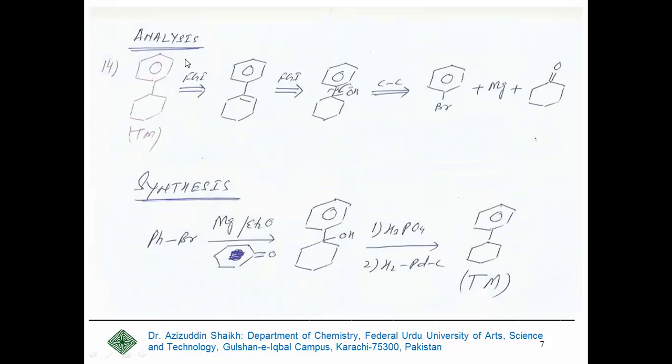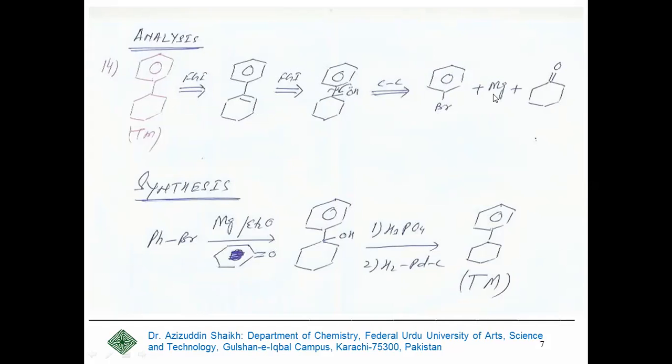Another example, analysis of this target molecule: one is a benzene ring, one is cyclohexane, both connected by a single covalent bond. This is the FGI conversion, double bond formation. This is FGI double bond formation. Then again FGI, OH, then disconnection of the carbon-carbon bond by removal of alkyl magnesium halide and carbonyl compound. This is cyclohexanone